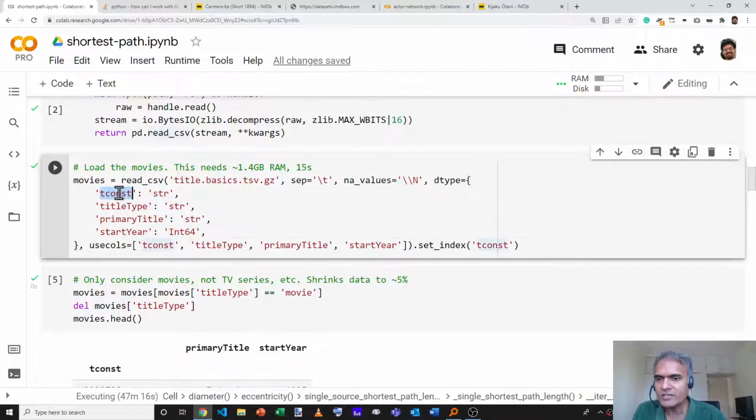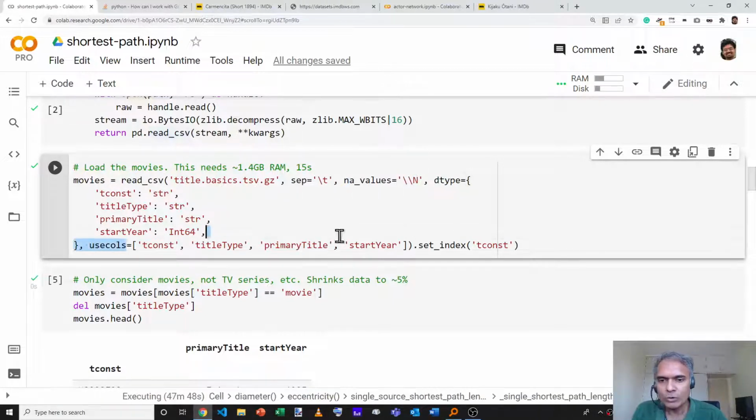The fields that we are interested in are tconst, which is a string. That's the title ID, tt, some number. The title type, which could be a short or a movie, etc. The primary title, which is the name of the film, and the start year, which is an integer. And this is the data that we are going to be loading. I actually used Int64 because Int64 is a pandas data type that allows for integers, but also accepts NaN or missing values. And we will have missing values where the start year for a film is just not known.